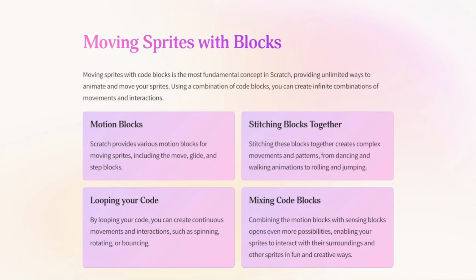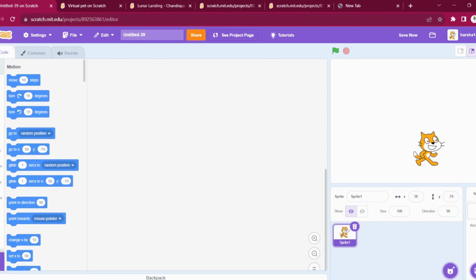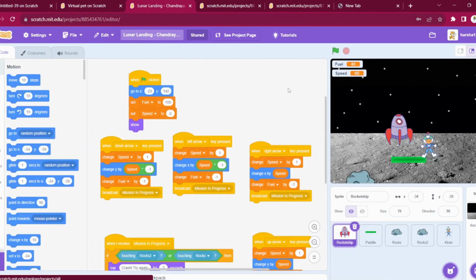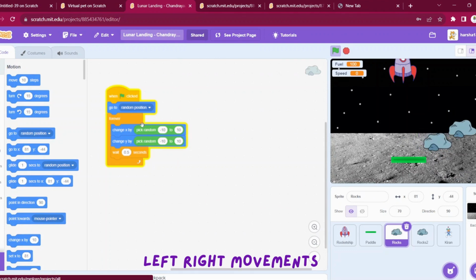So I have some projects which we have already discussed in previous videos. We will just go through them as examples. We recently did this Chandrayaan adventure game, right? So here you can see we have different motions. We have different motion for this rock. We have changed the x and y coordinates randomly over here, and we are moving it using the forever